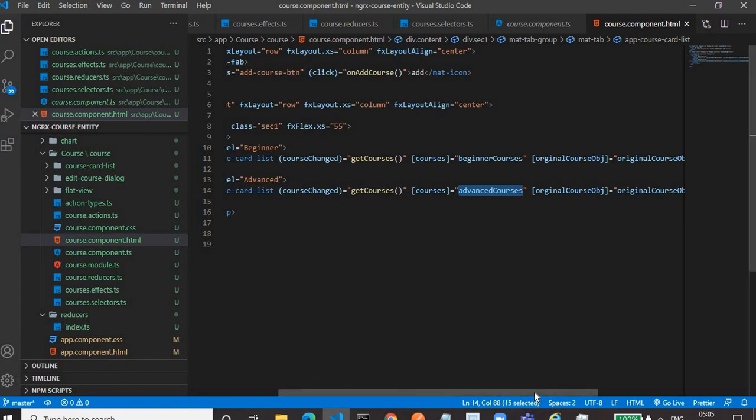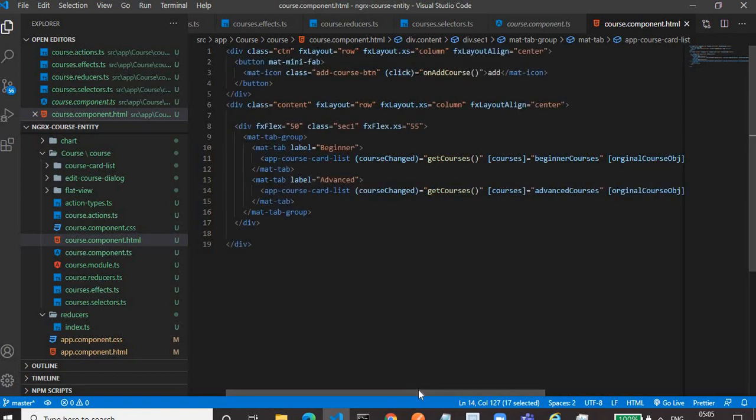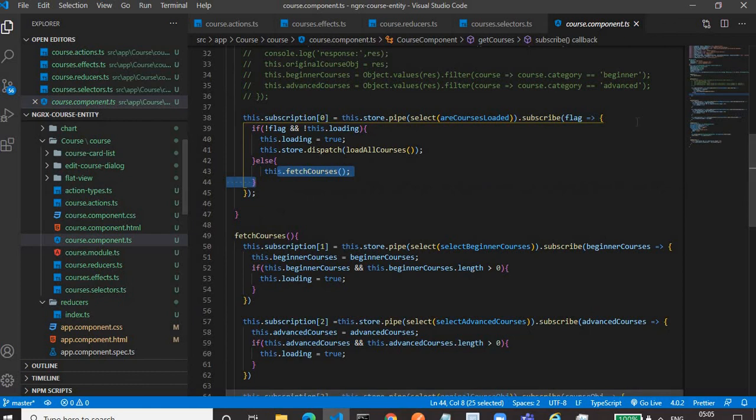Along with that, we are providing the original courses object also, so that it can manipulate the data. This is how we can fetch the data from the database using the entity methods.